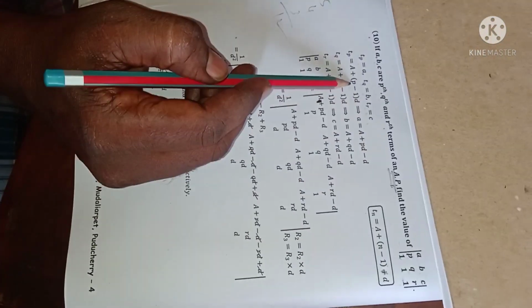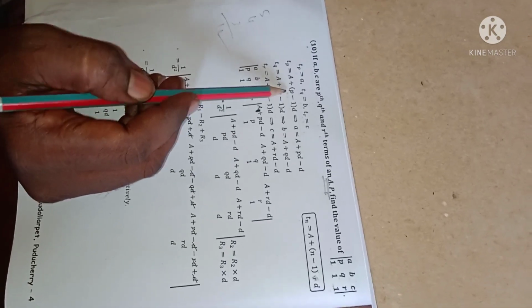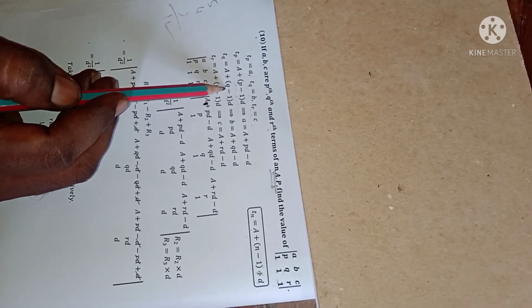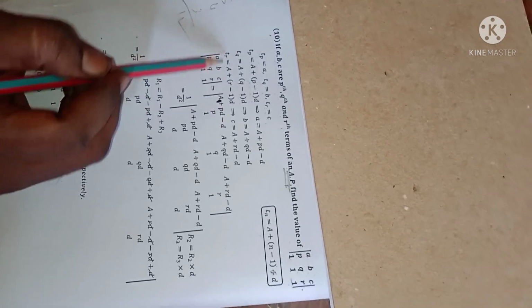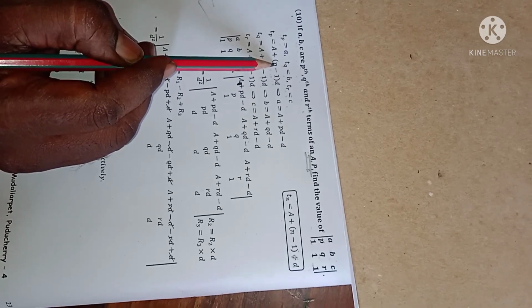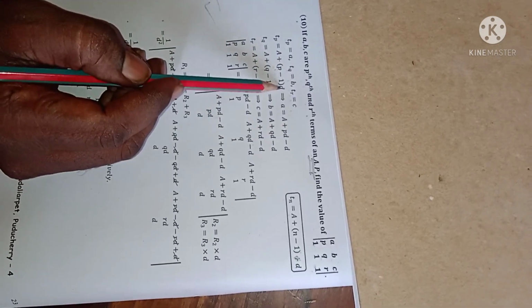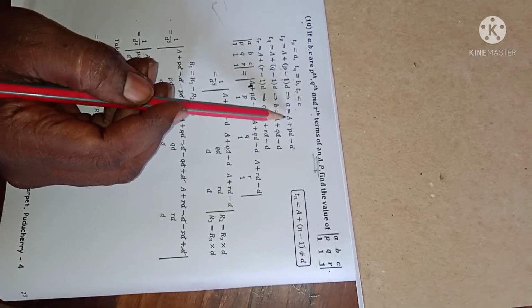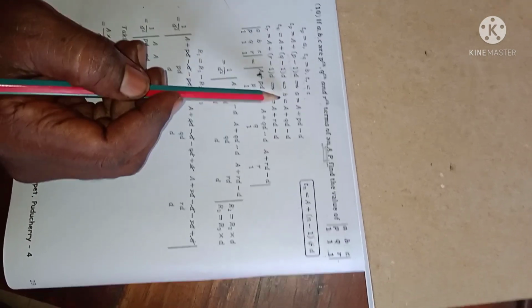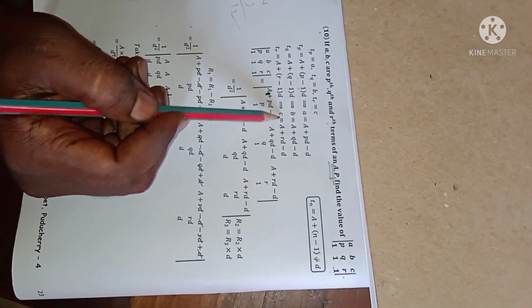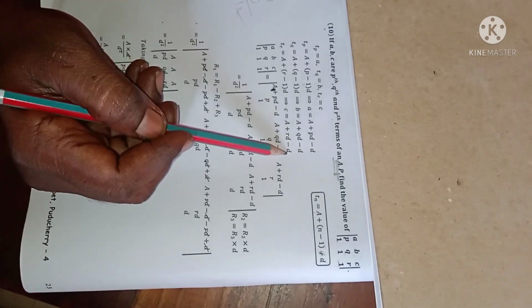Here n minus 1 is for the pth term only, no? That only you can get, p minus 1, so p minus 1 into d. The qth term means Tq is equal to A plus q minus 1 d. The rth term means A plus r minus 1 into d. If you simplify this, p into d is pd, p into 1, d into 1 is d. So we get a equal to A plus pd minus d, b equal to A plus qd minus d, c equal to A plus rd minus d.